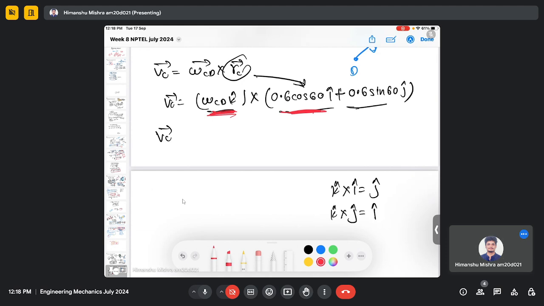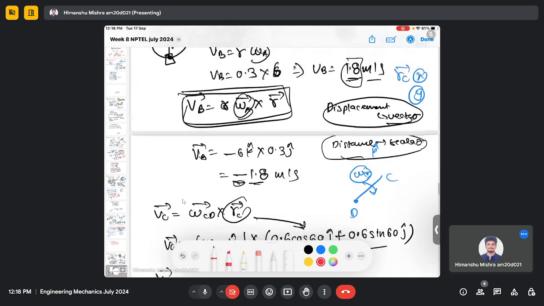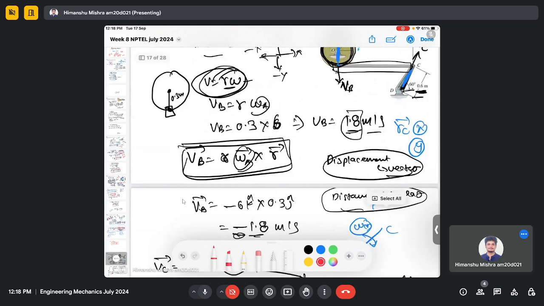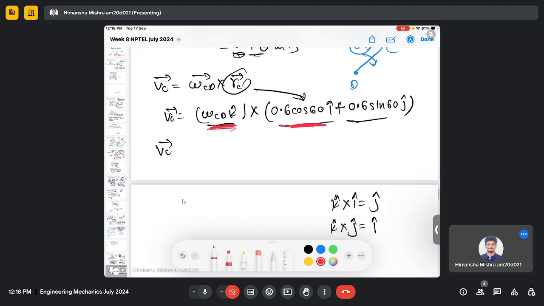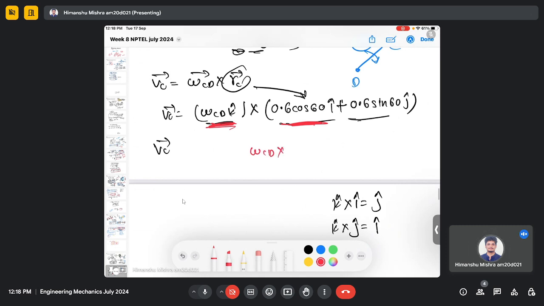So this will be omega CD 0.6 sin 60 j cap,